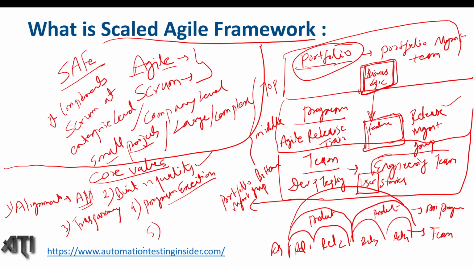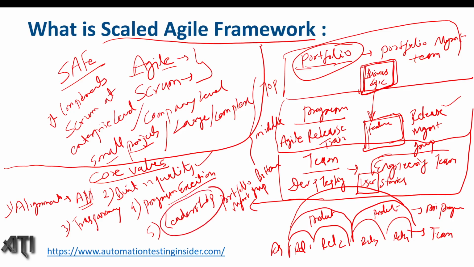Now the fifth point is leadership. This is an important point. It requires some leadership behavior to follow this agile framework. So a leader can change the system. This is an important part of